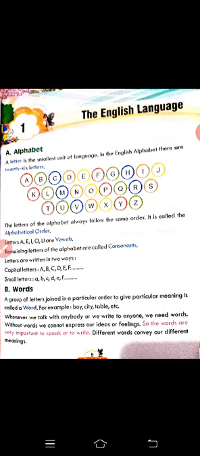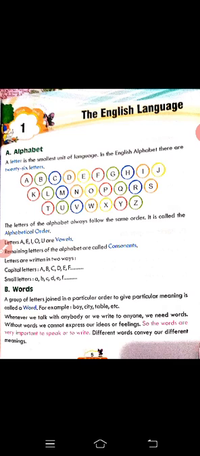So, dear students, earlier we discussed the syllabus of grammar of PA1, under which we will cover the first chapter. The name of the first chapter is the English language, and there are subtopics which we will discuss one by one. First of all, alphabets. The A part is alphabet. In this alphabet, first is letter.